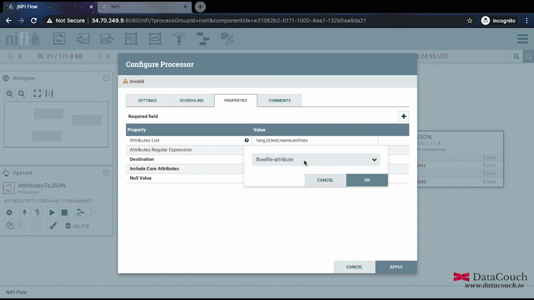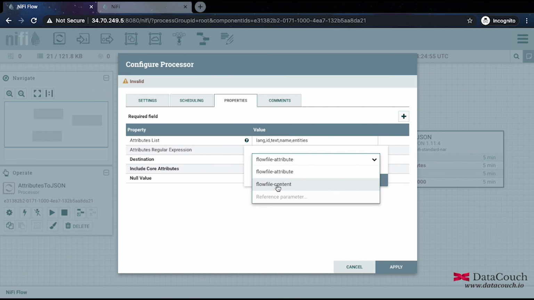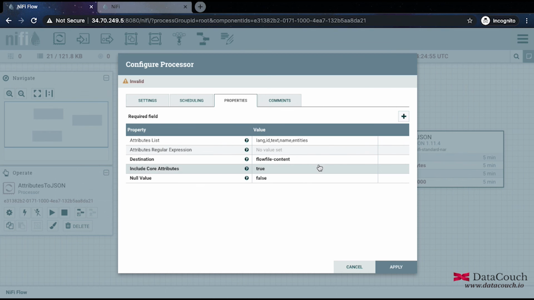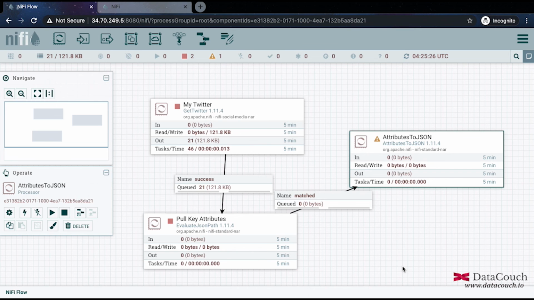Destination is content. From the attributes we are creating content. I'm creating a JSON right now, so that's why it is selected as content. Later I will use another processor, the convert record processor, but for the timing I'll simply say apply.